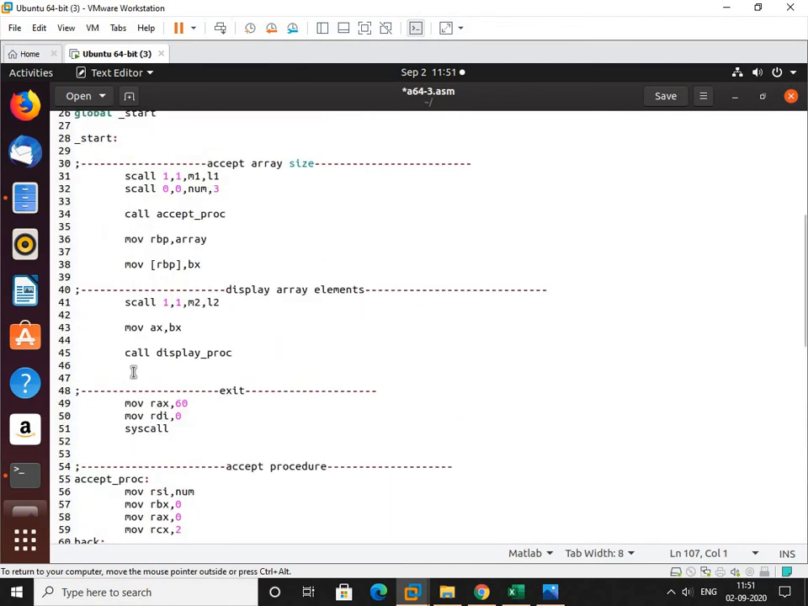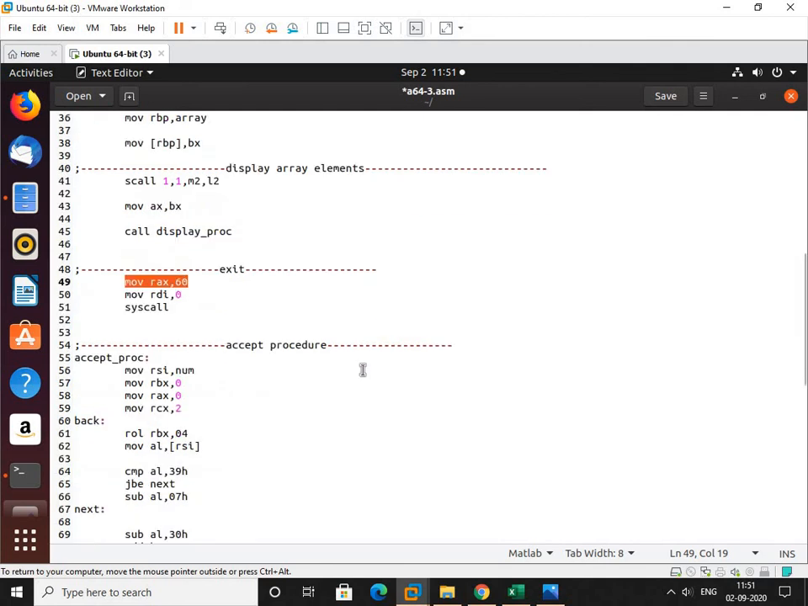After display, it will return back to the next instruction, which is for exit. Now up to this we have seen that we have accepted the numbers which lie between 0 to 9. If we want to accept the numbers greater than 9, which lie between capital A to capital F,